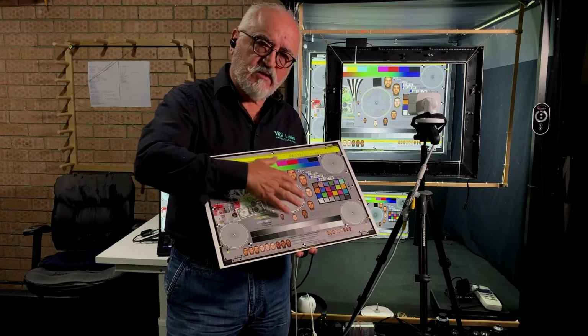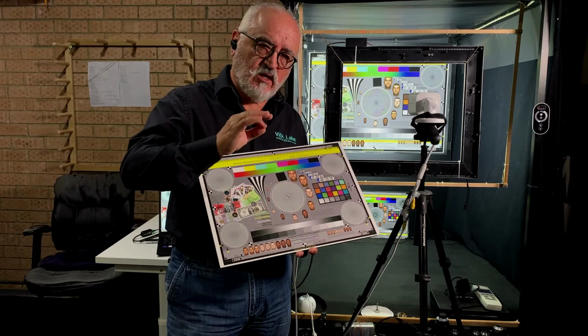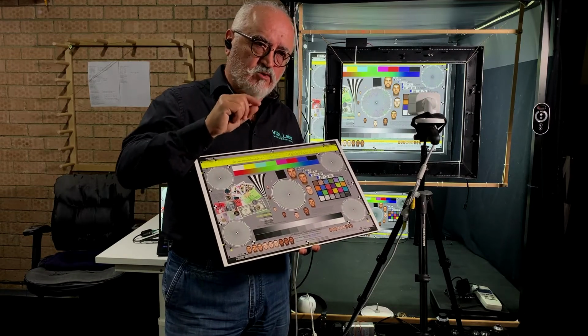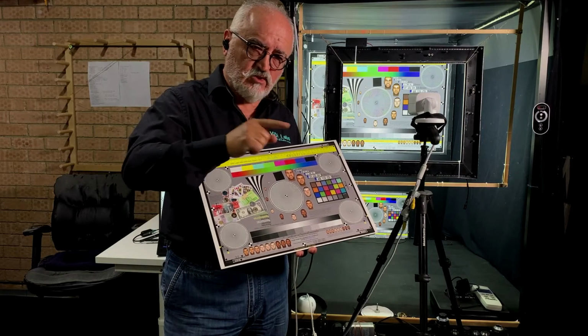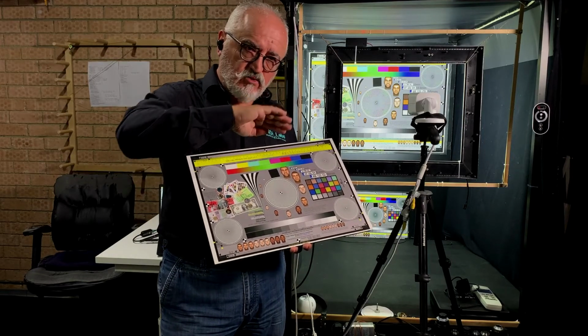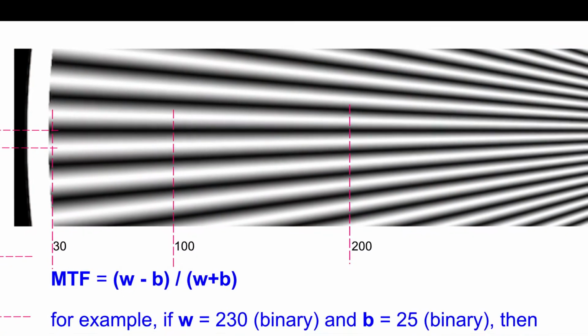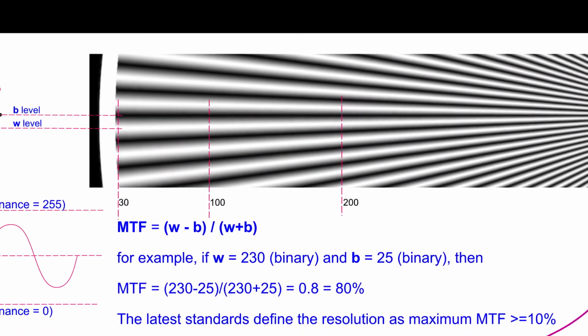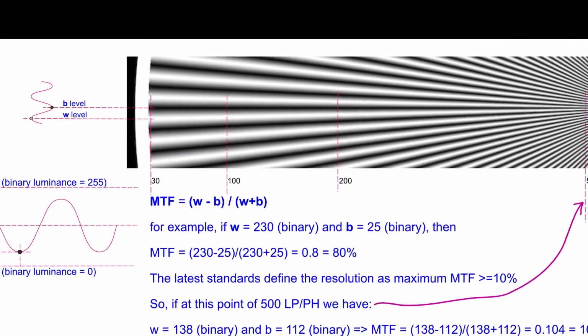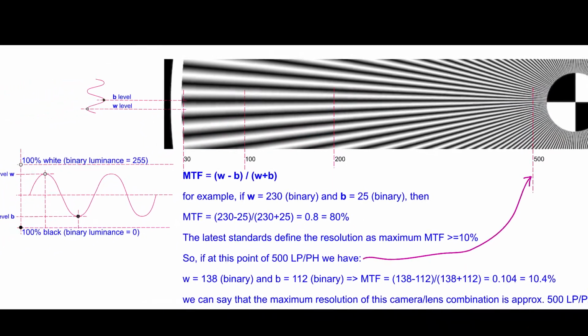So the sine wave Siemens star is made with rays which are not changing contrast from black to white as a clean cut, so abrupt jumps from black to white, but actually they're changing the brightness and contrast as a sine wave. And that's very useful for measuring the resolution, which in our case, we measure with the latest recommendations where resolution